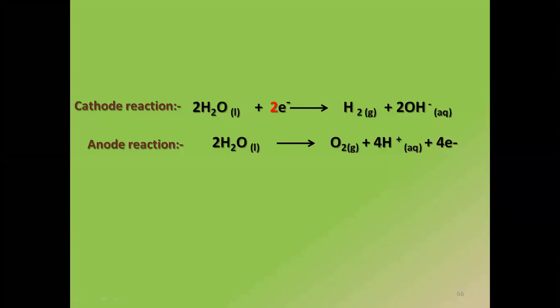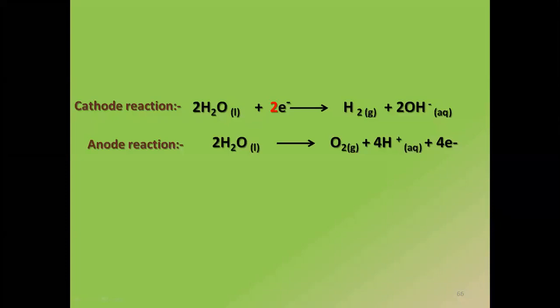And see, one minute, let's do one thing very simple. Do not pay attention to the numbers which are written in front. I want you all not to pay attention to the numbers written in front. Just listen to me first. It is H2O plus electrons giving me hydrogen gas. When I write hydrogen gas, it is going to be H2 and plus OH minus ions. If hydrogen gas is formed, then OH is left from the water. I am telling only the cathode.